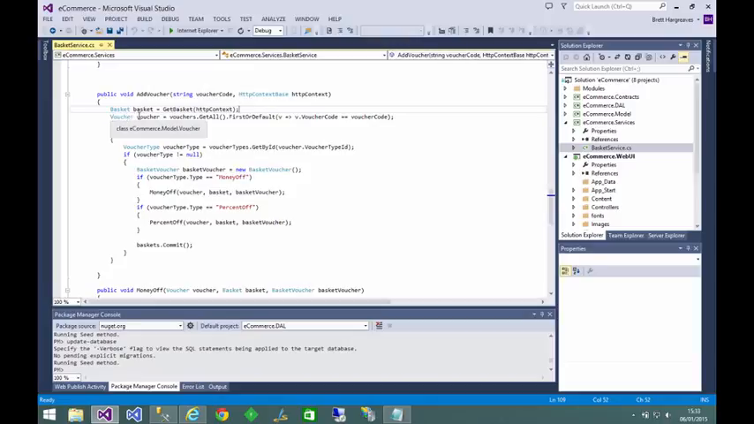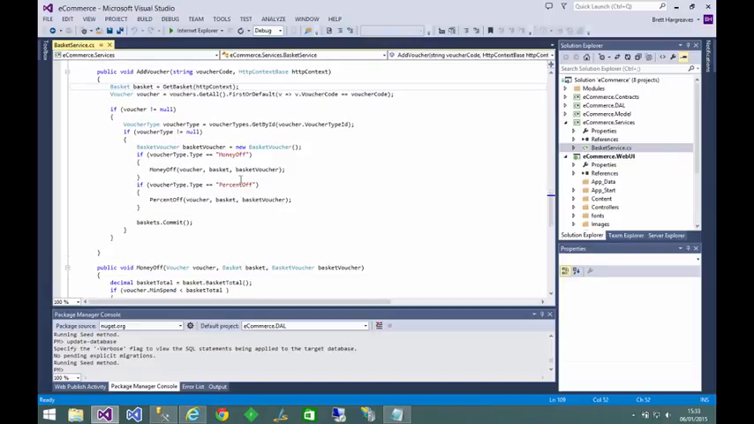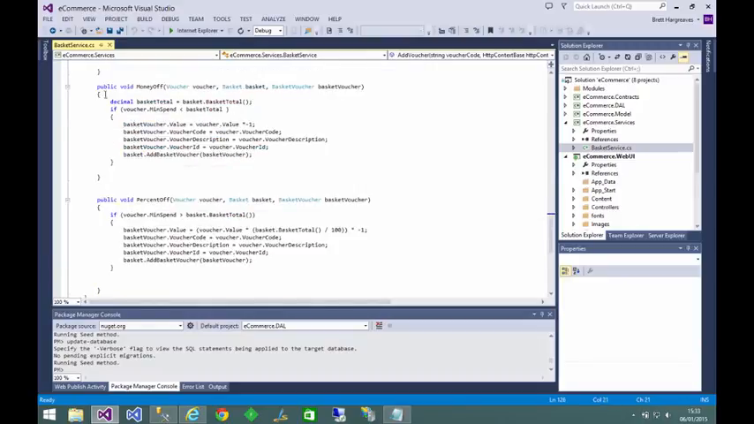We then get the voucher based on the voucher code that a customer puts in when entering it on the basket, and we basically just do an if then else statement. So we say if it's a type of money off, then we call one procedure. If it's a type of percent off, then it's another procedure. And here are the two different procedures. So if it's a money off, we're going to check to make sure basket total is greater than the minimum spend,